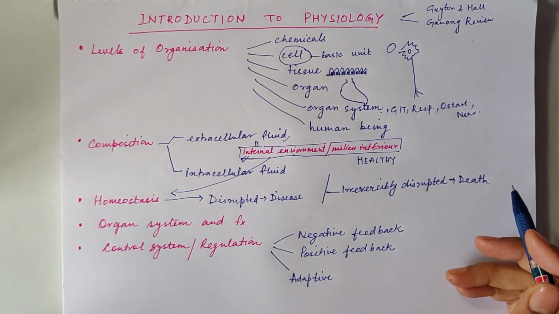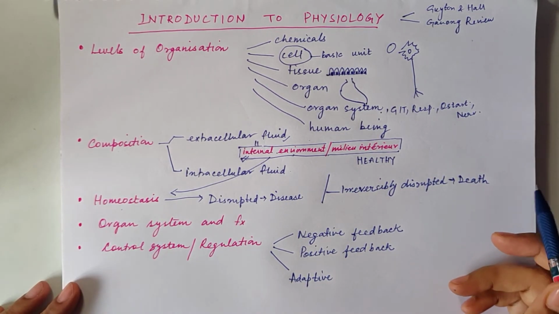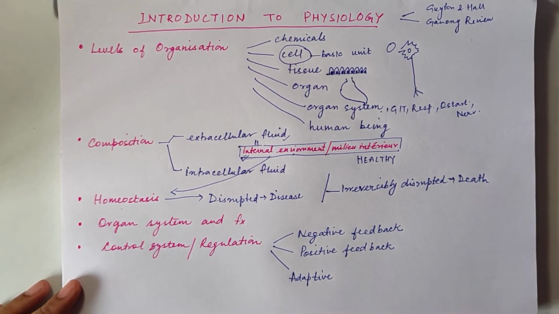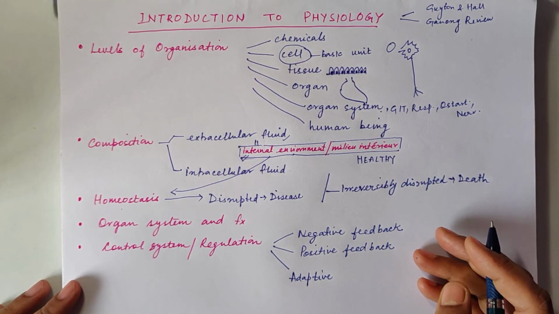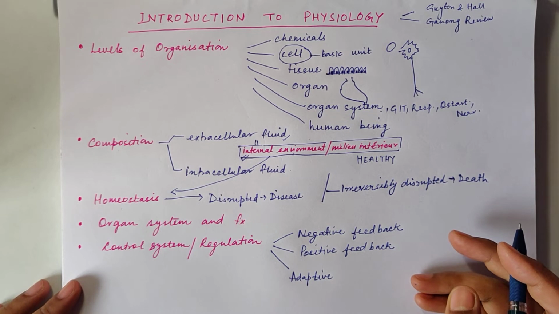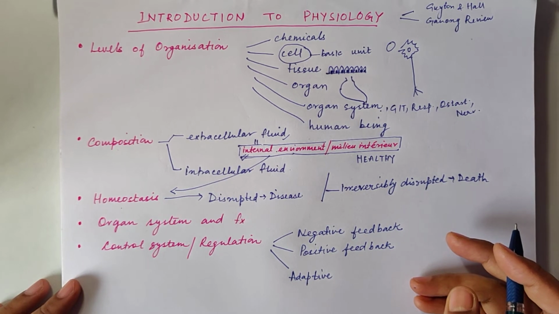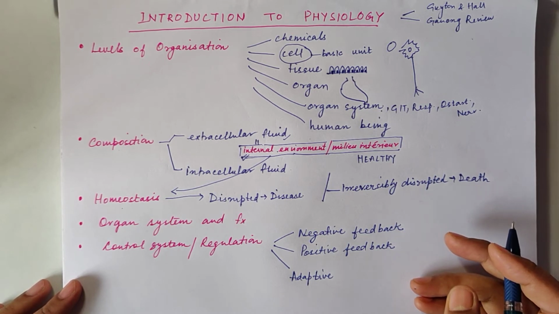Now to give you a little example for this. Suppose a person lost their arm, किसी का हाथ कट गया, तो मर जाएंगे वो? मर जाएंगे, obviously मर जाएंगे. If nothing is done, they'll die. But are they going to die because they lost a limb? No, they'll die because they are losing a lot of blood. They are losing a lot of blood, the blood pressure is going to fall,